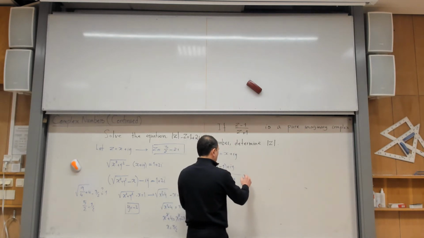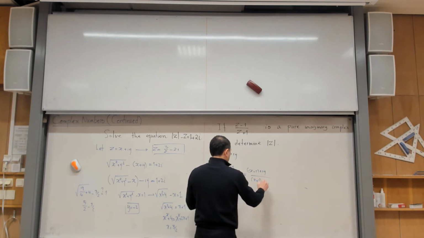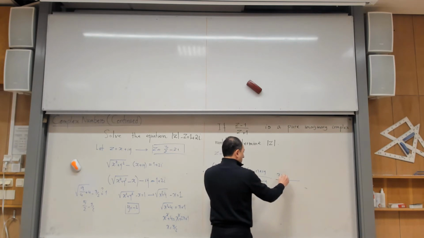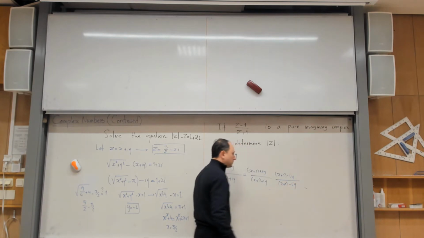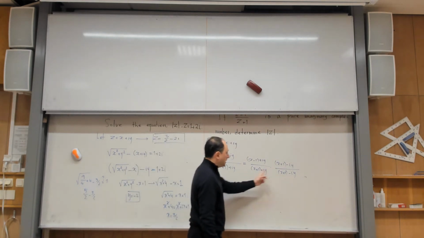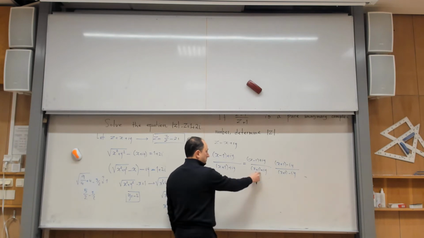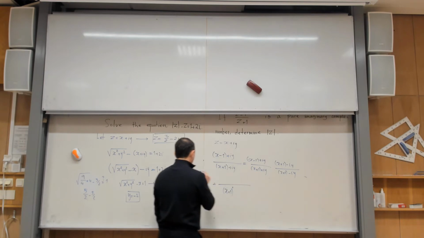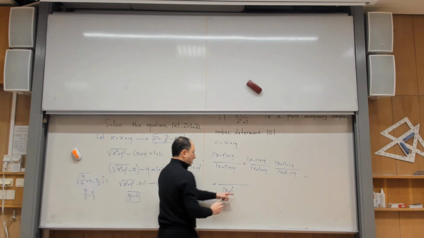So what you write, so you write x minus 1, let me write it quickly, and x plus 1. And then you multiply by the conjugate. Conjugate means x plus 1 minus iy, x plus 1 minus iy. I agree that the algebra becomes complicated, but it is doable. Yes? First of all, the denominator, what happens for the denominator? It's a conjugate rule. It becomes the first one squared minus the second one squared. But the second one squared is iy squared, which is minus y squared. So this becomes positive y squared.